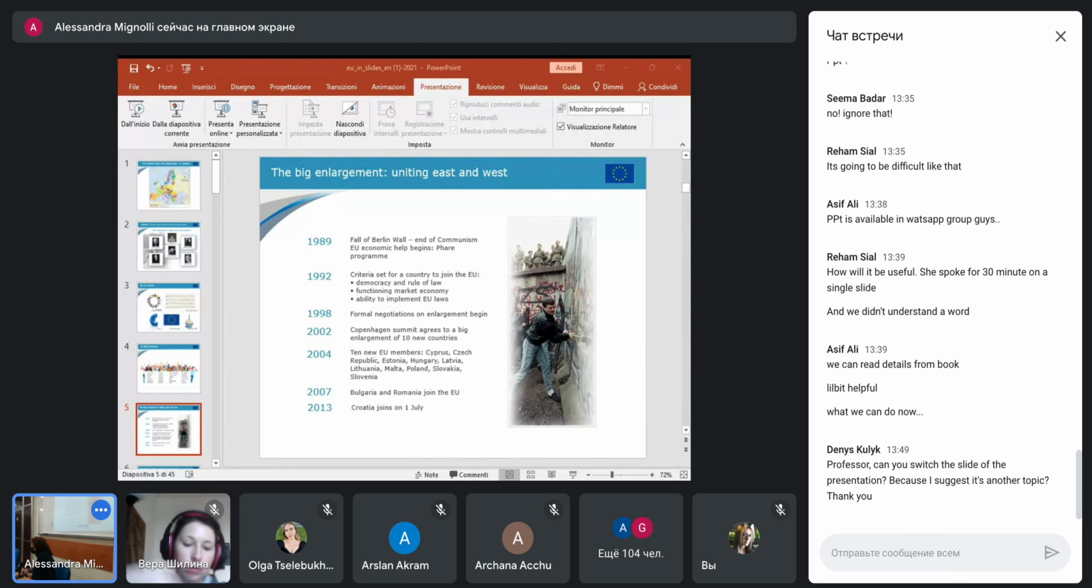And so they decided for accession, and this was in 2004 the first 10 new members: Cyprus, the Czech Republic, Estonia, Hungary, Latvia, Lithuania, Malta, Poland, Slovakia, Slovenia. Then in 2007 joined Bulgaria and Romania. In 2013, Croatia. And this is it. So after that, we also have the Brexit as a dynamic of membership, but we have